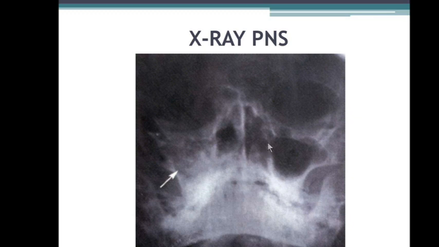Suppose the patient has a severe DNS. His ventilation is impaired, due to which his eustachian tube function was damaged and he has developed CSOM. There is no point in correcting the tympanic membrane perforation without correcting this pathology. Am I clear? So that is why sometimes you have to first decide the cause or etiology of the disease, and then you have to treat that first. Especially in children with CSOM, you have to do a PNS, you have to do X-ray of adenoids to rule out other probable causes.